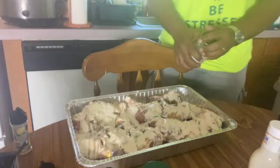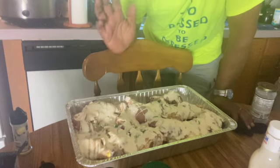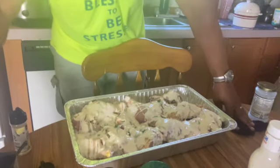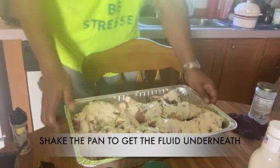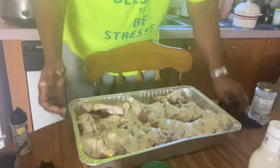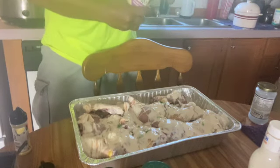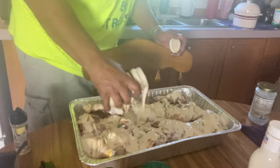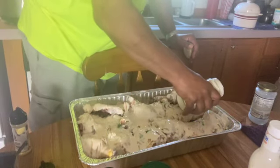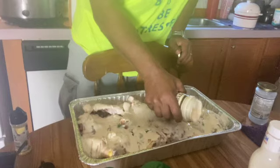All right. And there you go, my friends. My delicious, tasty Alfredo chicken with ranch. So, take that and I'll shake the pan just a little bit, just to get it from the bottom. Want to get some of this mixture in the bottom part. All right, and I have another jar here because I have some that are missed. So just want to kind of cover it if you can. If you don't have enough, then use what you got, which would be fine and okay. All right, and she goes in the oven again at